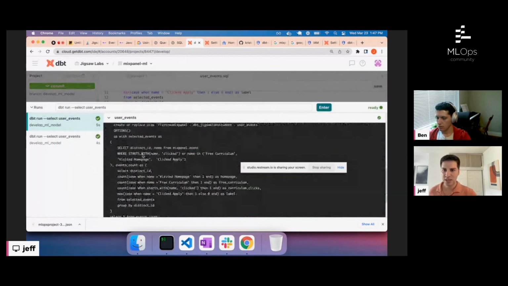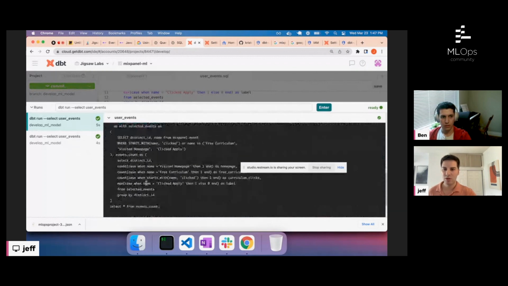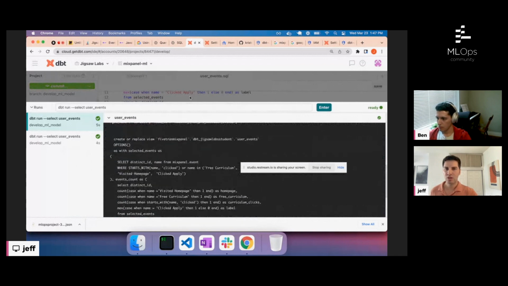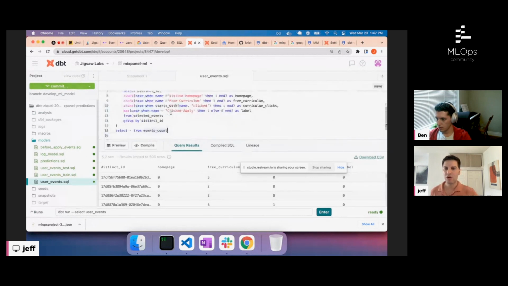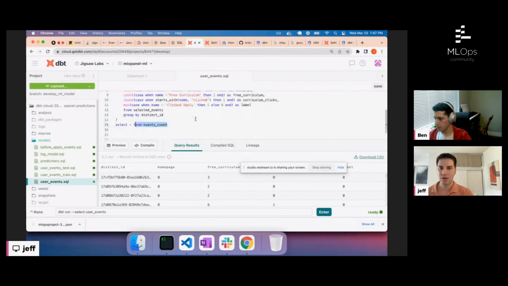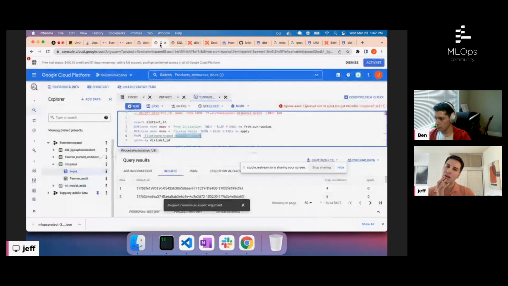The other thing you can see is it's creating a table from your select statement, right? Even though we didn't say, hey, create a view from this, it creates basically the end result, your last select query. If you run a model, it will generate a view of that name with that data. Okay, so we can see that if we go to BigQuery and look at user events,